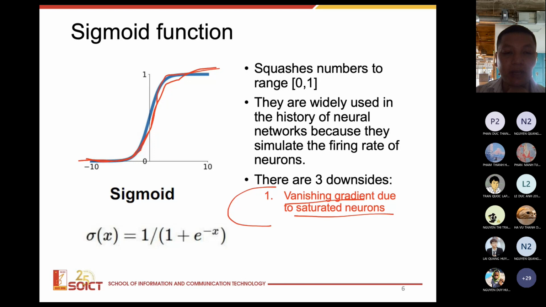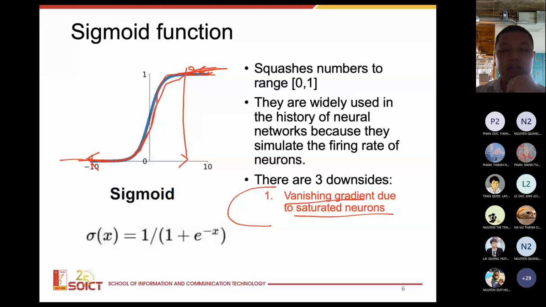If we have a very big input or a very small input, the sigmoid function will always output 1 or 0. At this point, the curve is flat, so the derivative is 0,